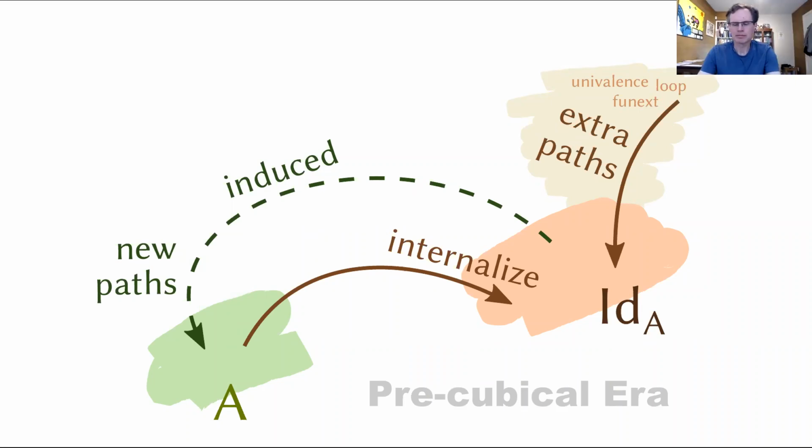Let's take the circle for example. Actually, circle is not okay. Let me take the univalence for example. So univalence can be treated as a path constructor of the new universes we want to create. So A here is some universe, like, say, the first universe, U naught. And ID U naught is the path type of this universe. And then by adding the univalence in it,